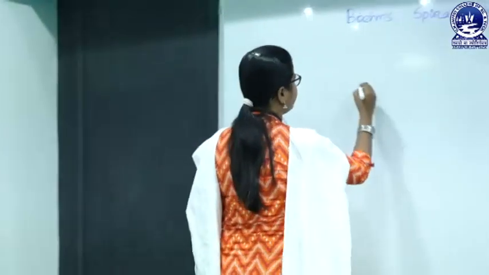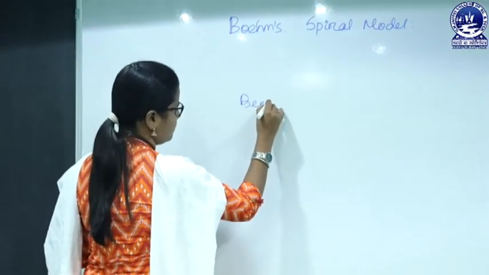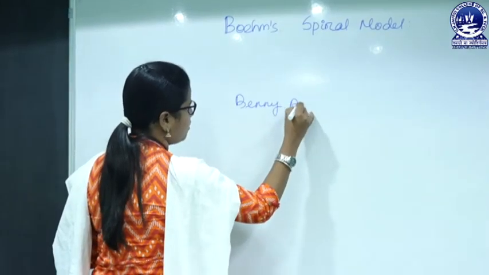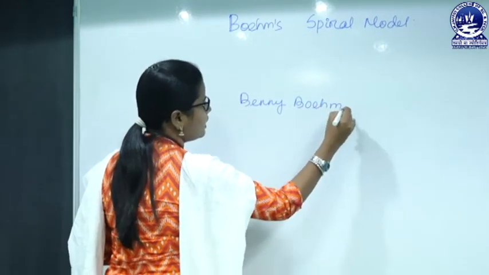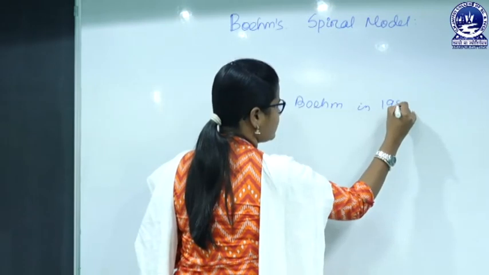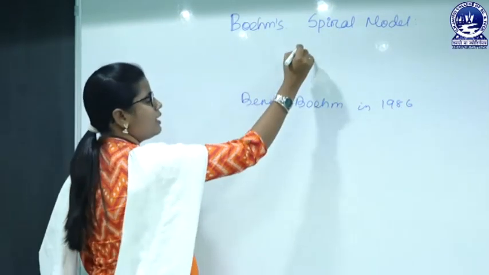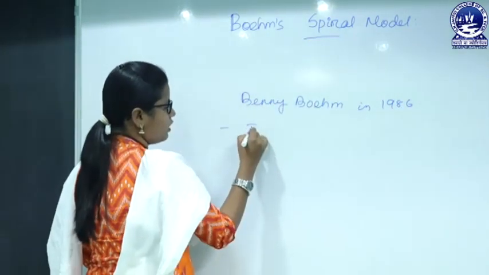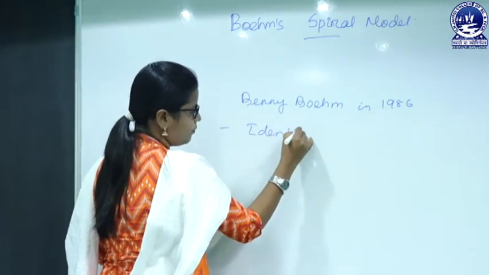For risk analysis purposes, in 1986, Barry Boehm described a model, that is the spiral model. The spiral model was introduced by Barry Boehm in 1986, and it is used for identifying